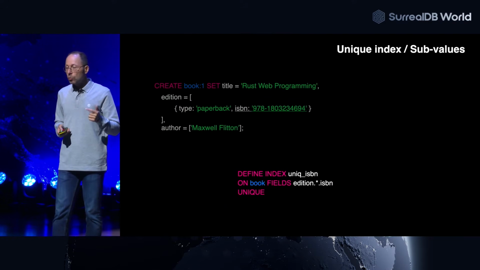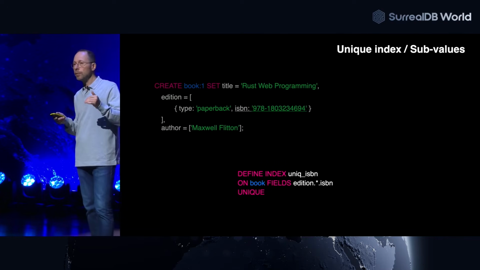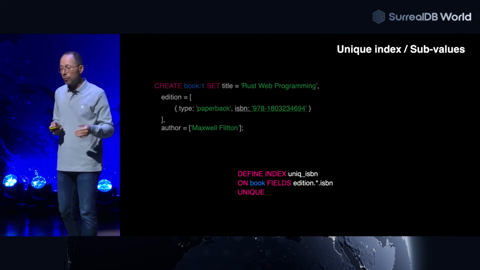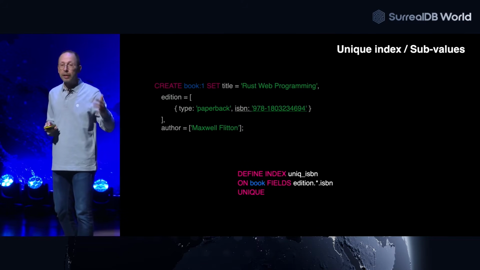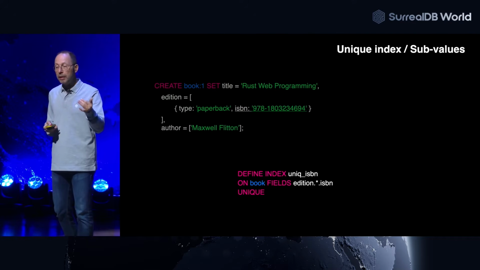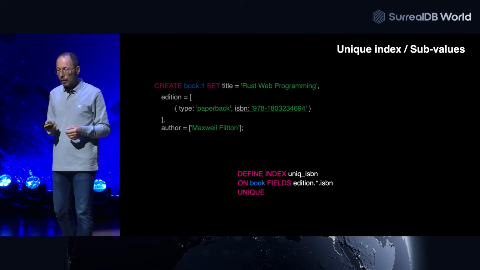Then we have a unique index, which is a special case where we want only one instance of a document with an ISBN. As an example here, a book has an ISBN, which is a unique way to identify this book. You are supposed to have only one of these records, so you tell SurrealDB that you don't want a duplicate of this ISBN in the database, and once you create a duplicate, you will have an error. This is what you expect from this index. So it's a special purpose index. Easy to do. You just add unique at the end of the statement, and you have a unique index.